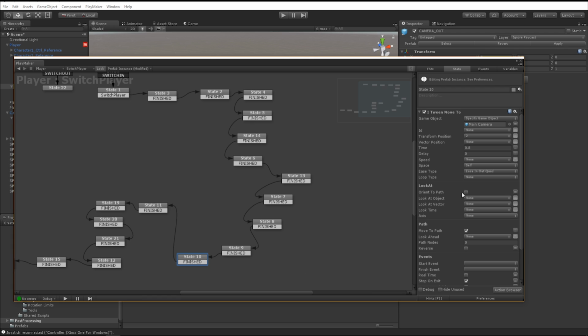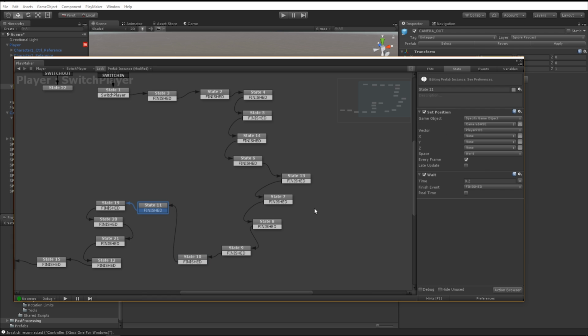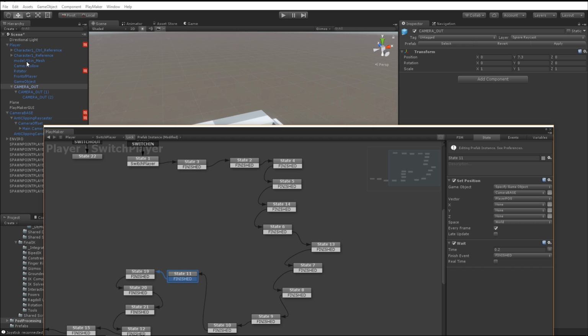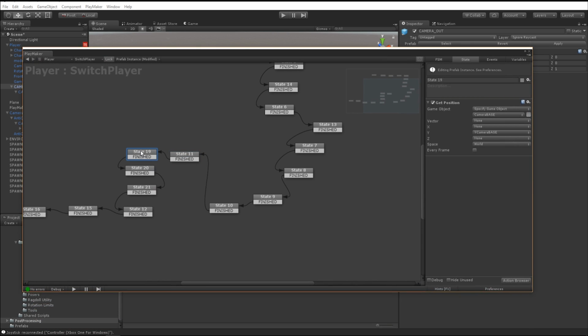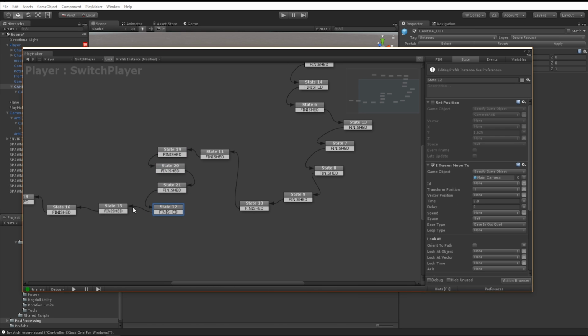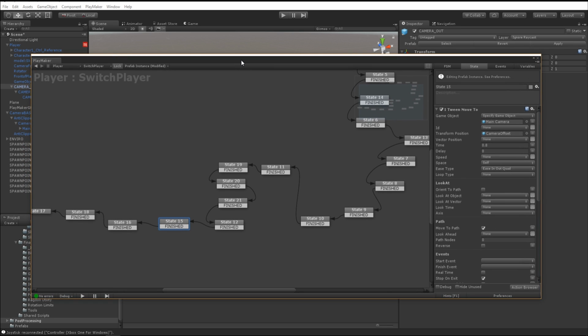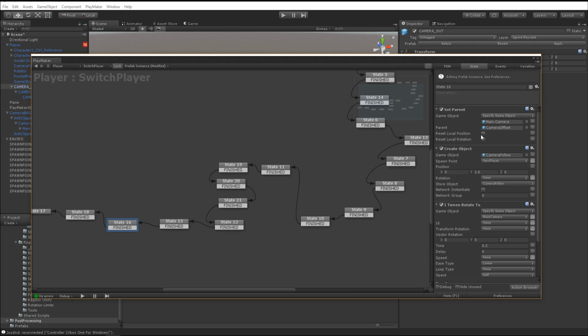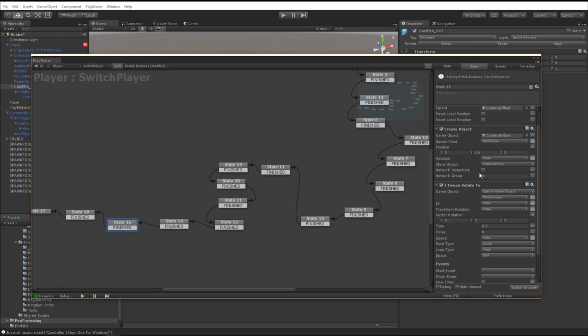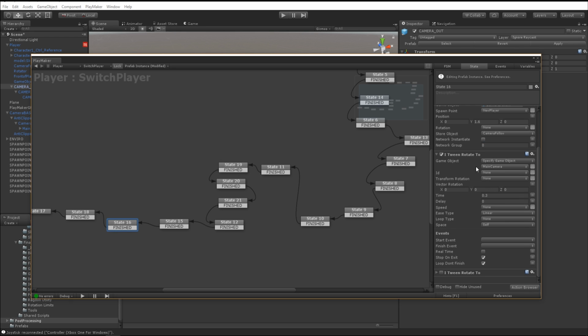And then we keep moving the camera back in. This is when we set the camera base, so we move the actual camera base to the new player that's created. Get that position, basically just moving stuff around. We're still moving the camera in. And now we move the camera to the player's position, so that normal player camera. And then we set the parent back to the player's camera position, so back to that camera base. We're creating a camera follow to follow the new player around, and we're offsetting that at the right height. And then we reset the camera's